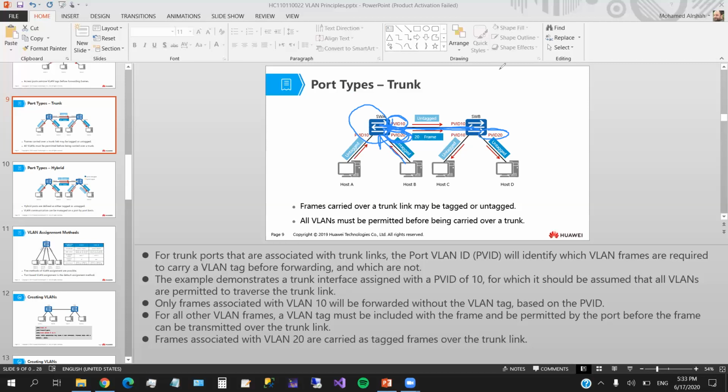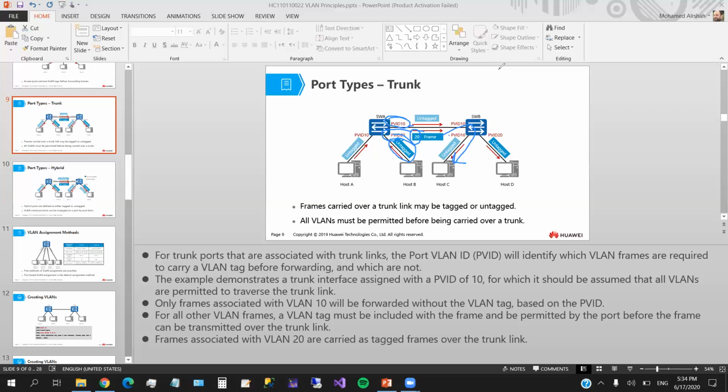But because this link is a trunk link, the packet should be allowed to travel the trunk. So here this packet, sorry, that comes from virtual LAN 20 and needs to go through a link that belongs to virtual LAN 10, has to be kept with the tag. So the tag is not going to be removed, because if the tag is removed from here, then this packet is going to be delivered to